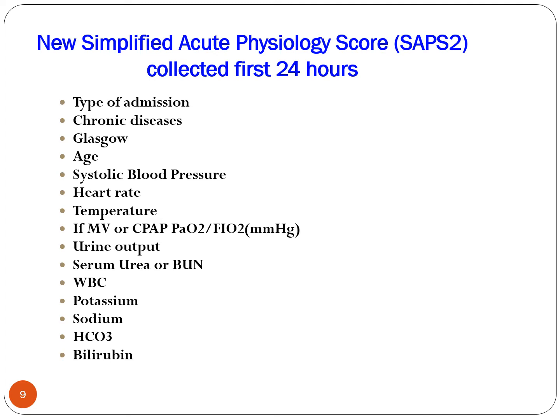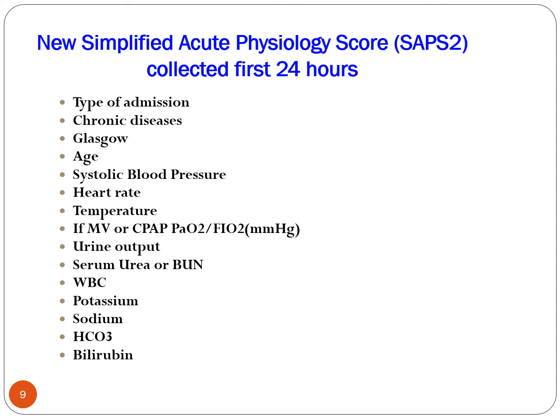And one of the most important scores out there is called a SAPS2 score, which is a new simplified acute physiology score. This is collected on the first day of admission. Within the first 24 hours, they look at this data. So, for example, someone comes into the hospital, they're 60 years old, admitted for appendicitis. They look to see if they have any chronic diseases, like COPD, or hypertension, or kidney disease, or whatever.